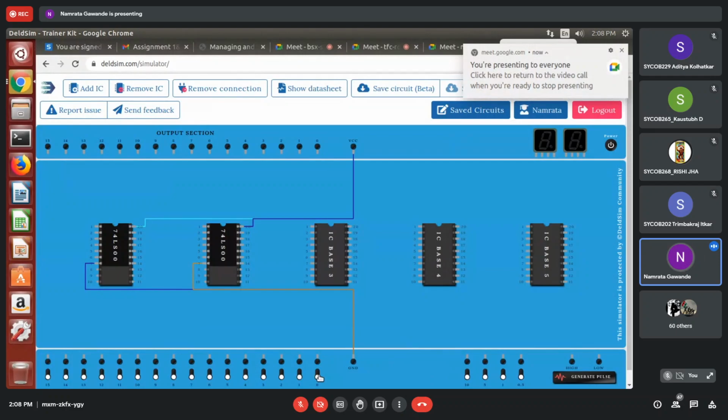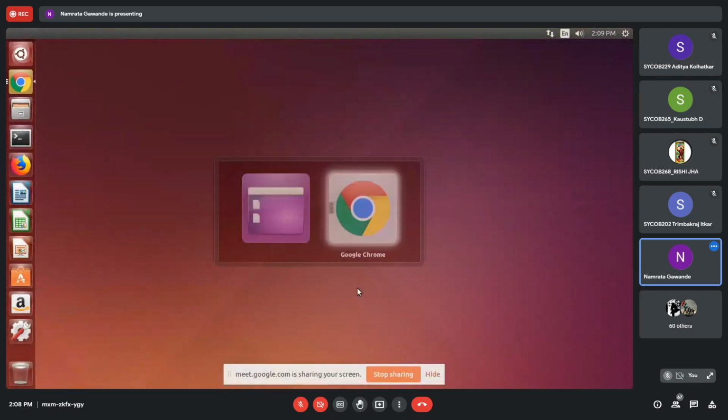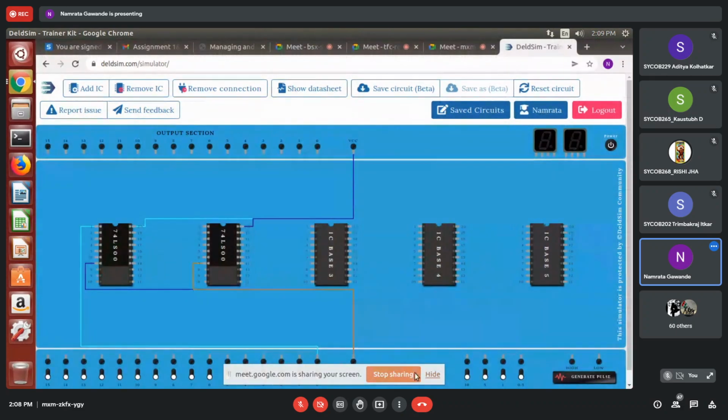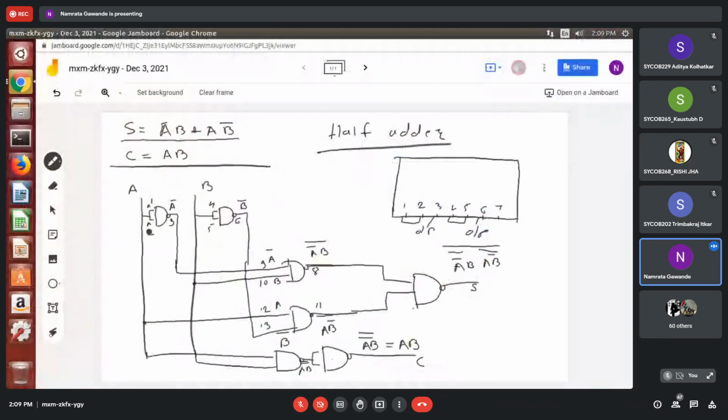So the first input, that I will consider as A, goes to pin number 1 of the NAND gate, and then again the same one, pin number 2, is connected to A, right? A is connected to pin number 1 and 2.